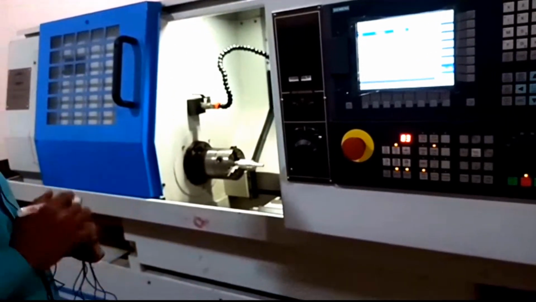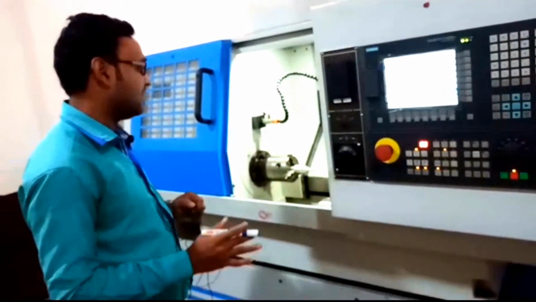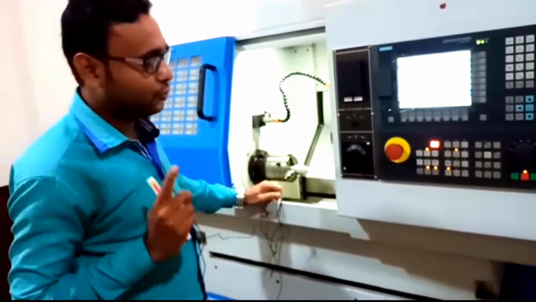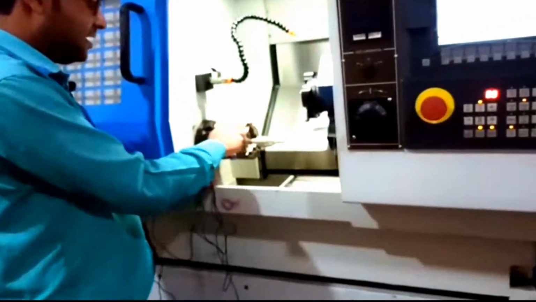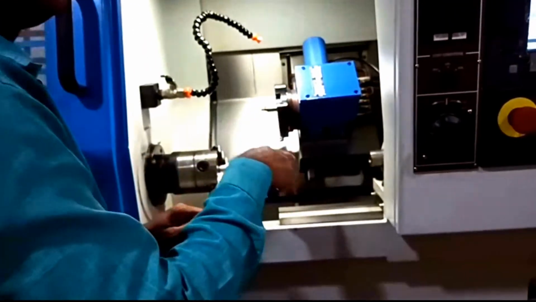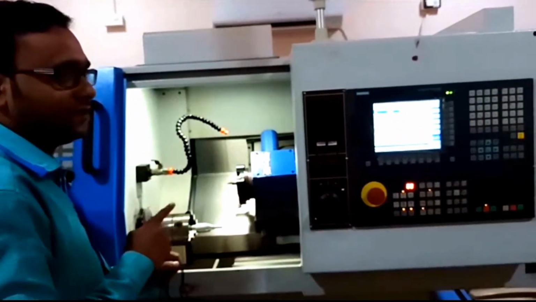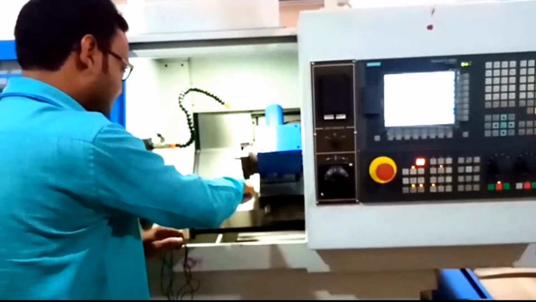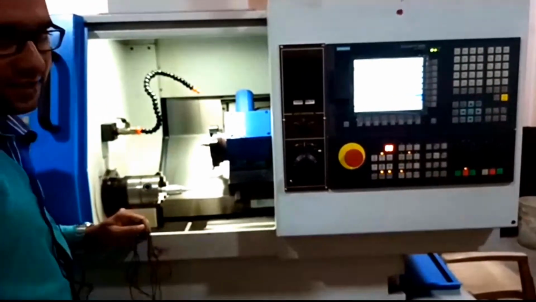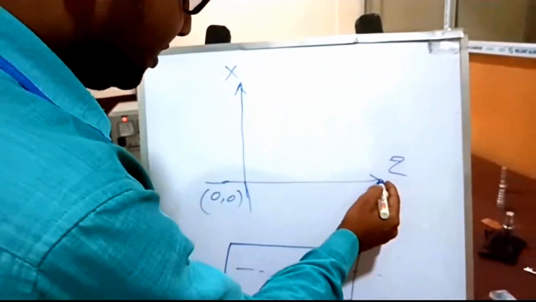Now before starting a program, we need some knowledge about the axis of the lathe. So the axis of the lathe, there are generally two axes. The first axis is the axis to the center point of the job, means this horizontal axis. Here the horizontal axis is defined as the Z axis, and the position of the tool in vertical position, this vertical axis is our X axis. So here we can explain, this is our X axis and this is our Z axis.